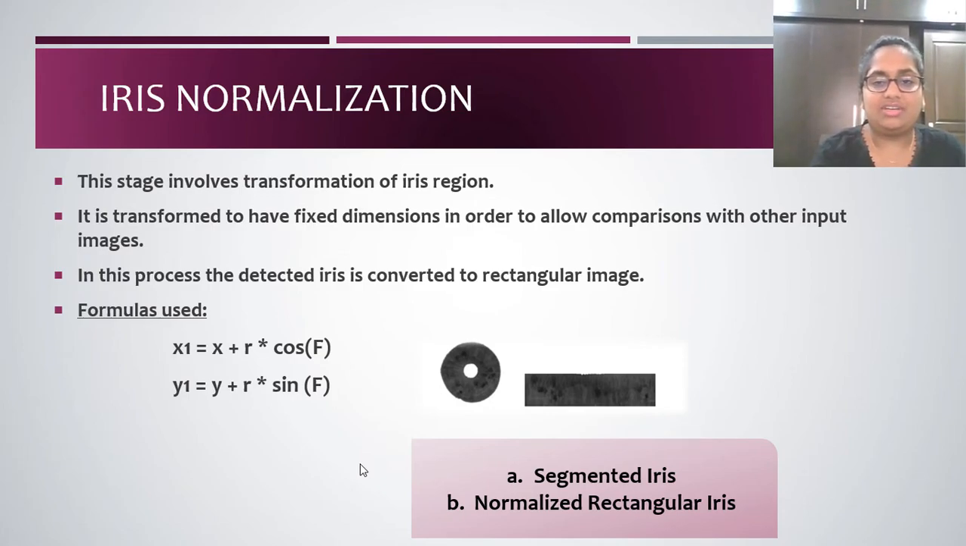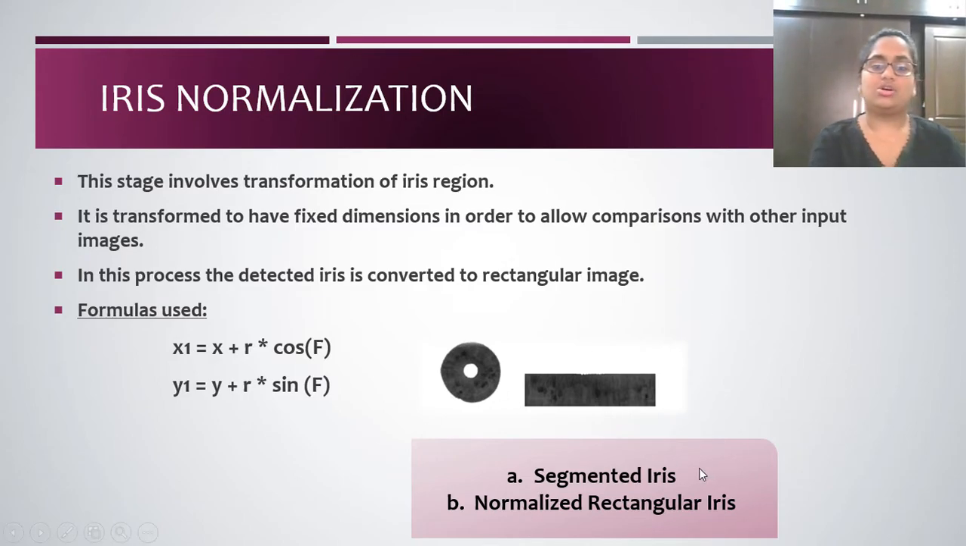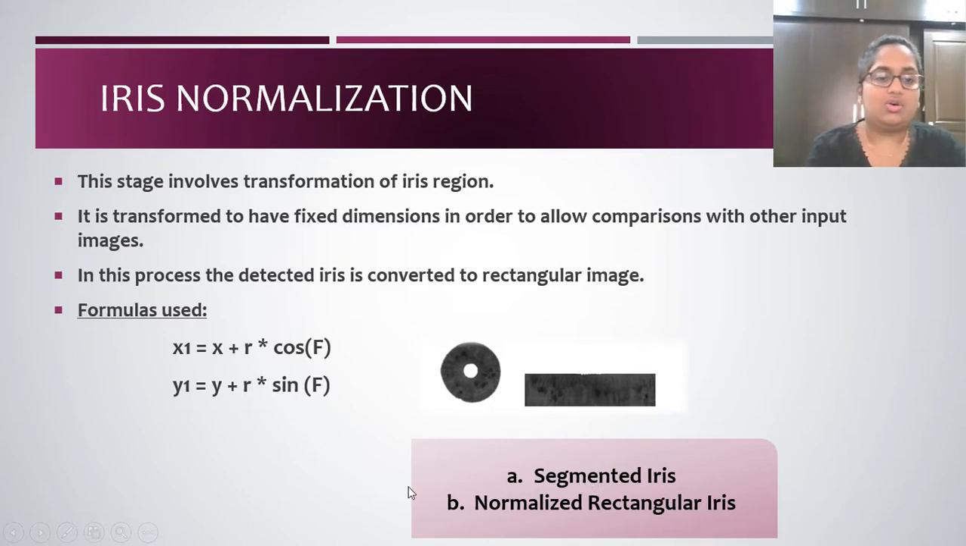Here we generally get the segmented iris as an output from the iris segmentation process. The segmented iris is then normalized to a normalized rectangular iris. Now how is this normalization of the iris done on the whole? It is transformed to have fixed dimensions in order to allow comparisons with the input images. So we have used a few mathematical formulas to convert this segmented iris to the normalized rectangular